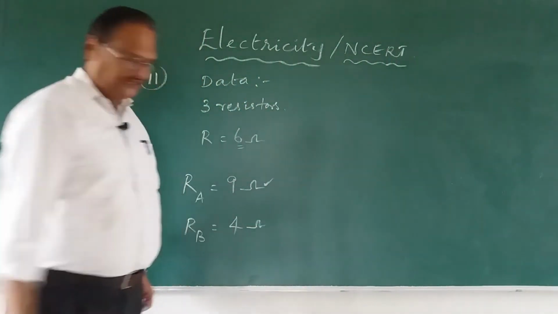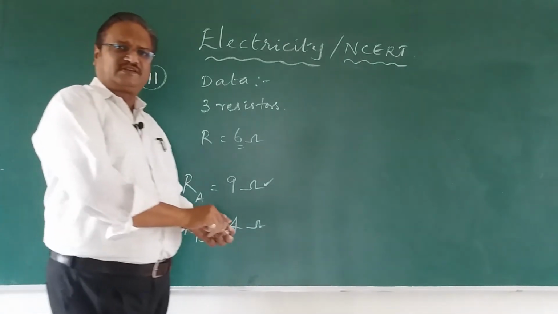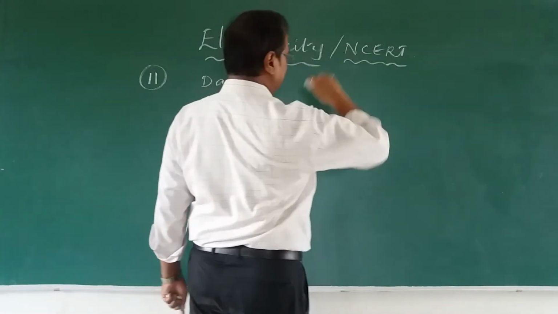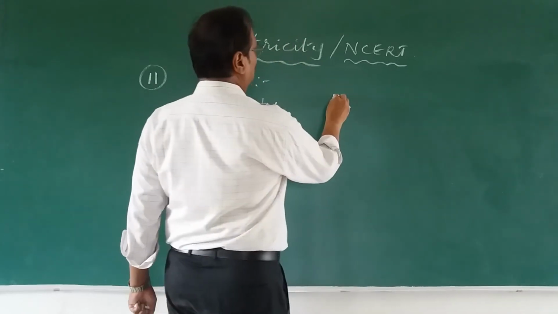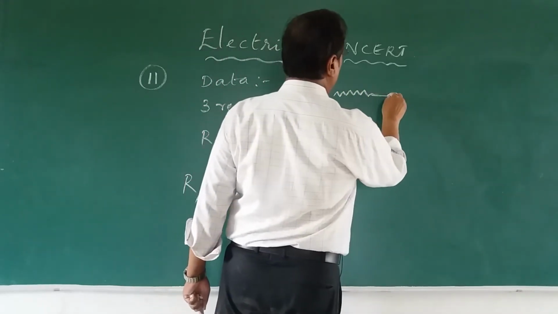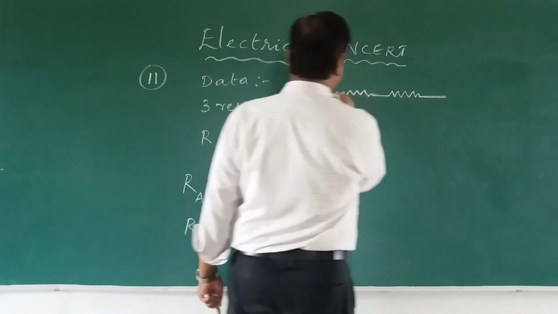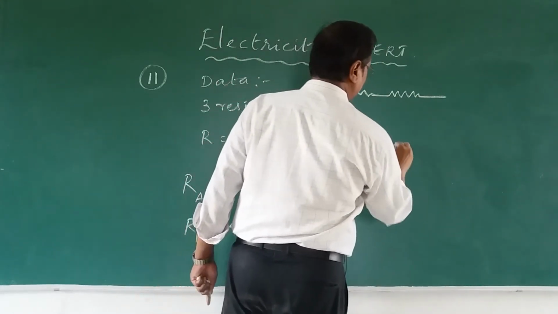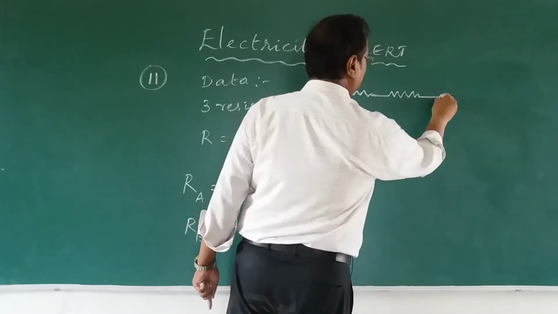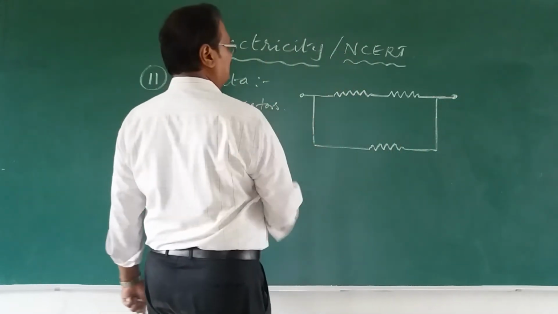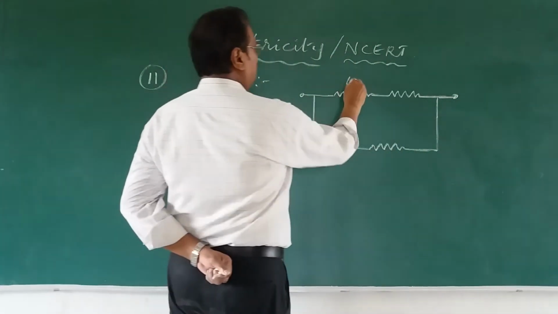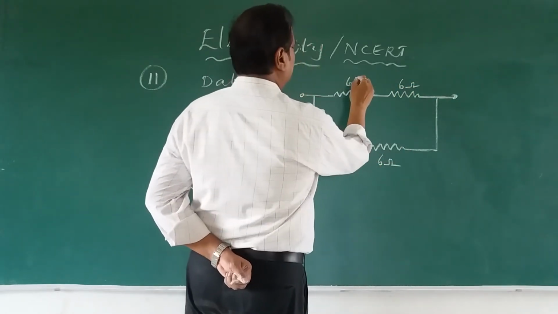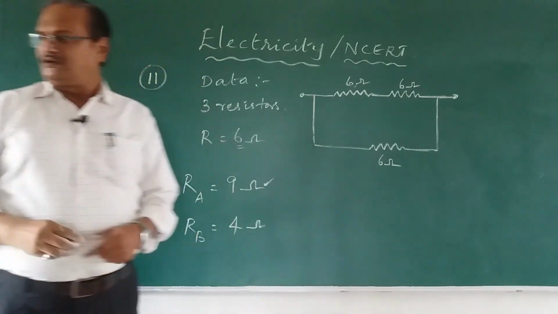Okay, yeah. Now what is the next possibility? They are all the same. 2 in parallel, 1 in series is over. What I can do? 2 in series now, and the other one in parallel. Okay, let us try this option. Are we getting the answer? 6 ohm, 6 ohm, 6 ohm. 6 plus 6 is how much?